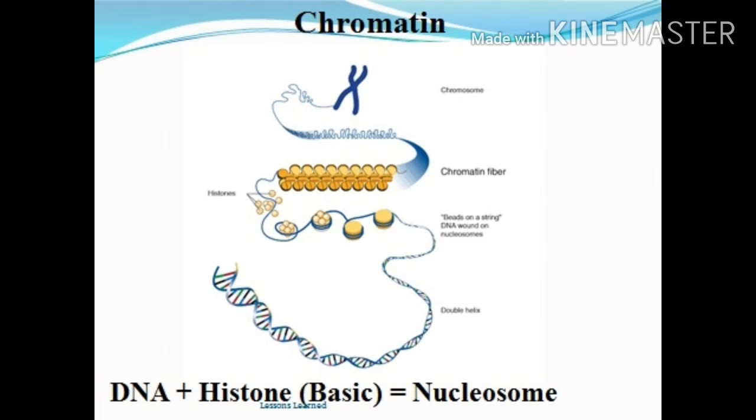Let's start with chromatin. In a eukaryotic cell, DNA doesn't exist by itself, rather forms a complex with a special type of protein called histone protein, which is a group of basic or positively charged protein. Here, histones function as an anchor to bind to DNA, forming nucleosome, just like beads on a string, as in euchromatin, or in a compact form as in heterochromatin.